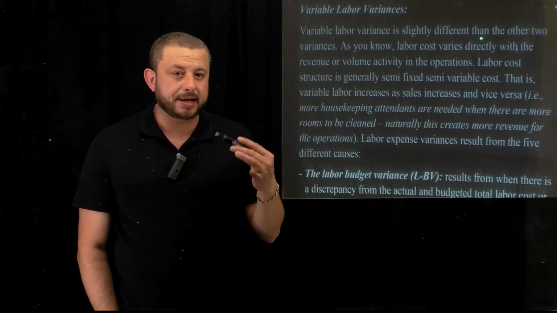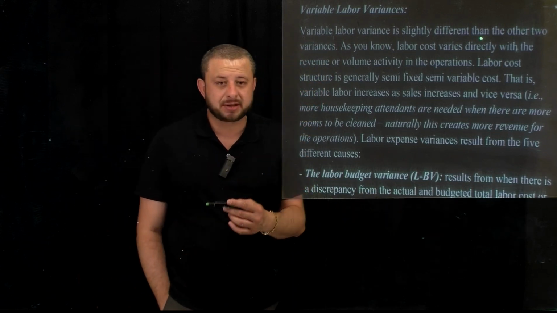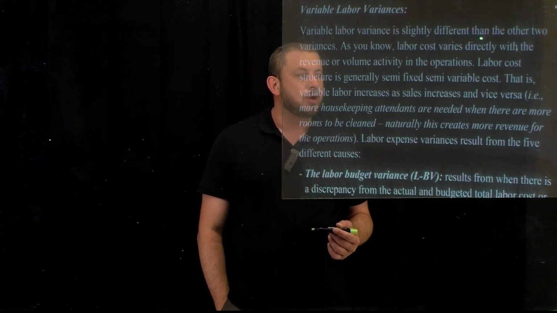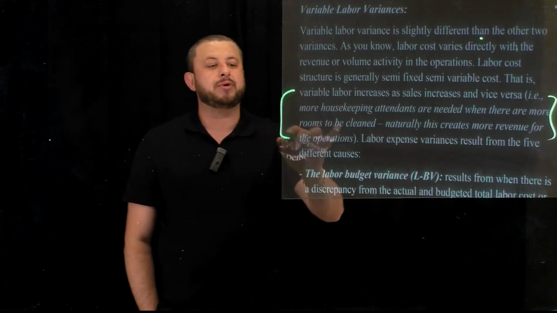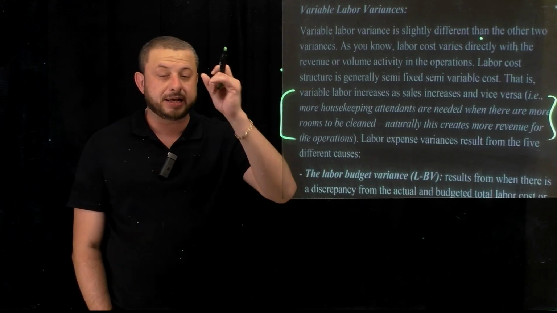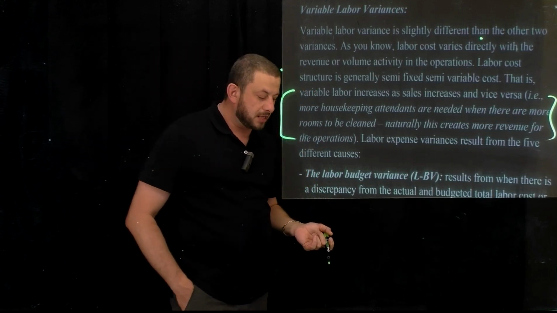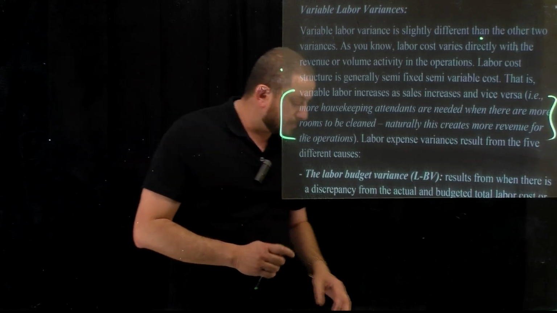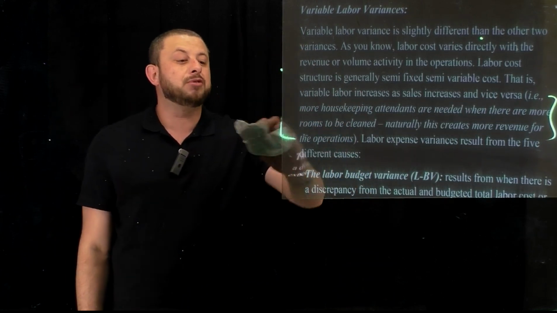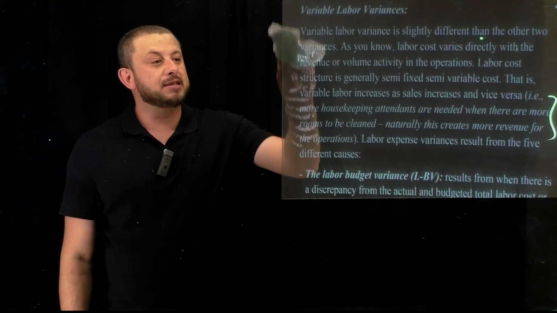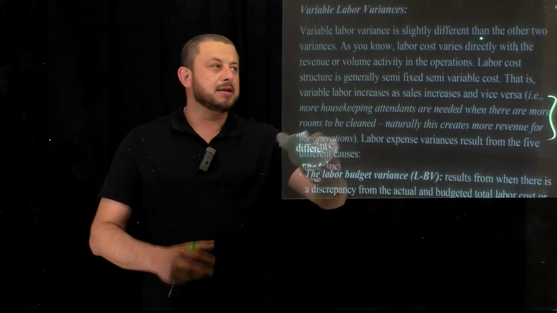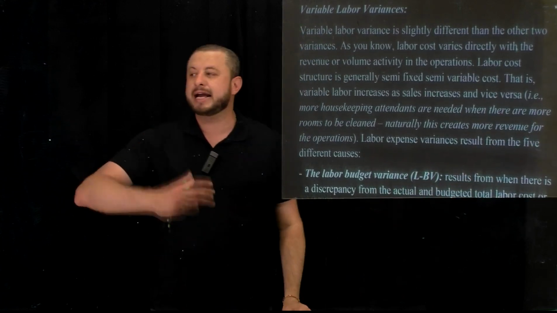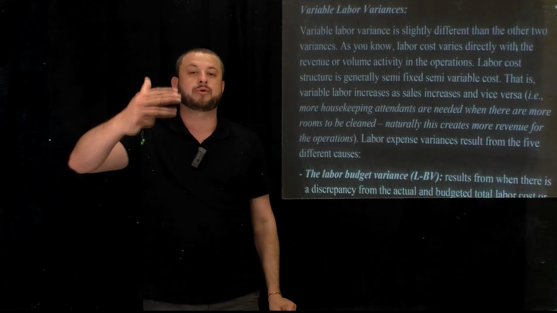We're going to take a look at the efficiency, rate, budget, and the combined variances. Why? Because we have hourly employees. Because we pay them different rates. Because we pay them different salaries. Because we do have standards for labor expenses in the hospitality industry. Hospitality companies do have standards. Standards like, for example, for 10 hours, I need 5 people at an $8 per hour rate.